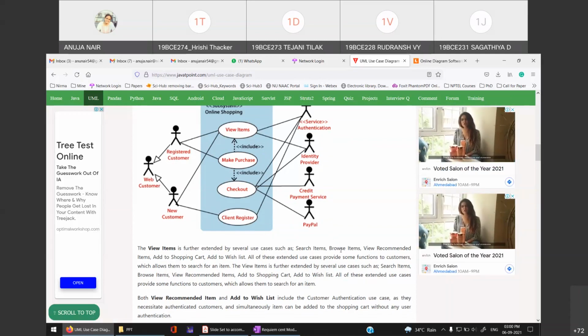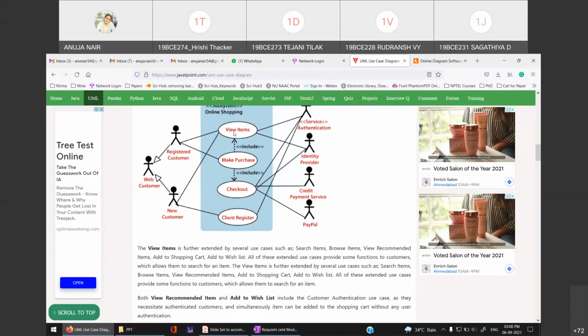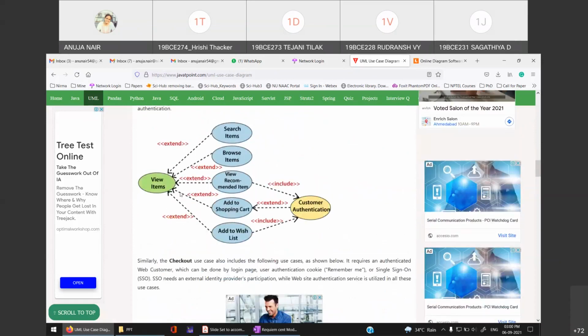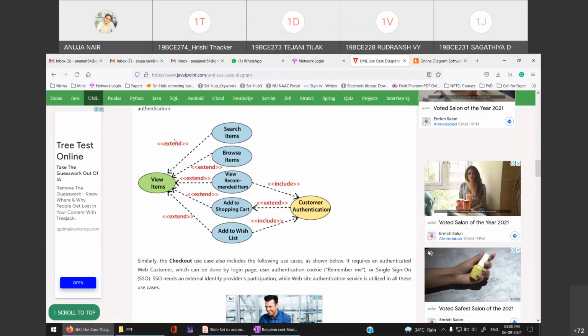See, this is the first diagram. If your first diagram goes wrong, later all diagrams go wrong. So you need to create your use case diagram very properly. Did you understand the meaning of include relationship? Now, when you go for view items, like I said, add item, search item, you cannot write all of these together here. So what did you do? You made a separate use case for view items. The extend relationship I will explain next time, but for now just see this.